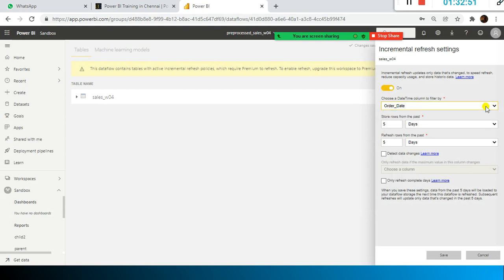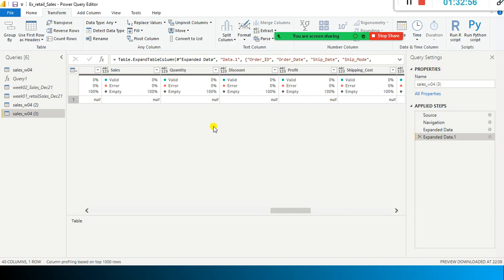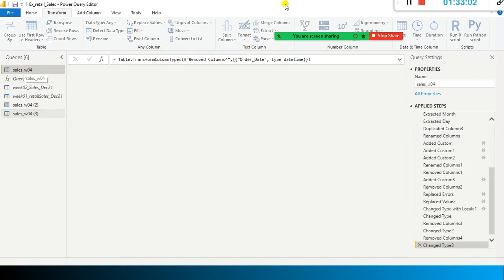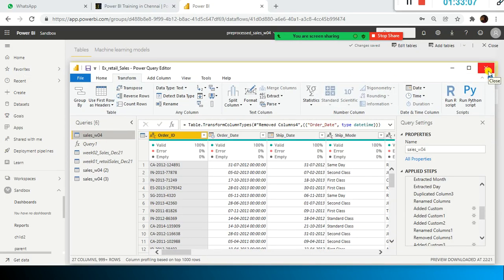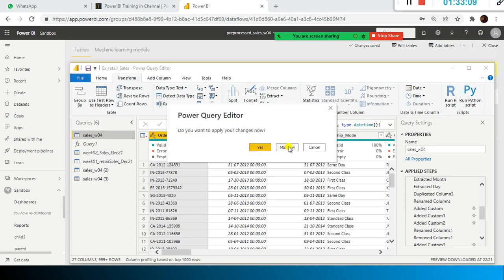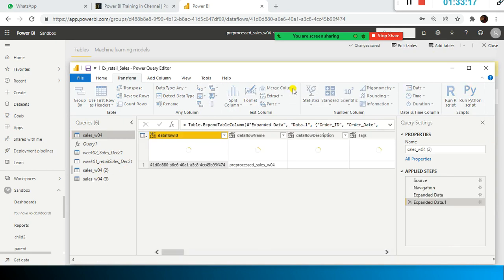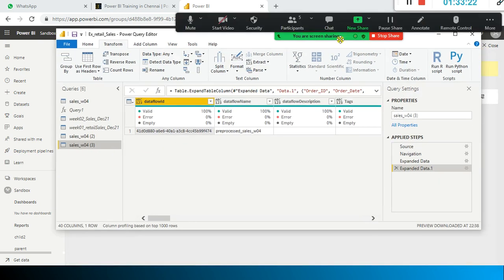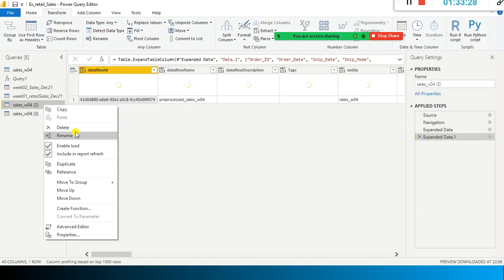See, it'll take some time. Ideally I should not have done this. I should have showed you that one first and then done it. Anyhow, this is due to that policy that we defined. The next thing is incremental refresh for the other files. What do you mean by other files? Other datasets. Let's say you have this one, W043. Any of this we don't need now because we are not going to use it.